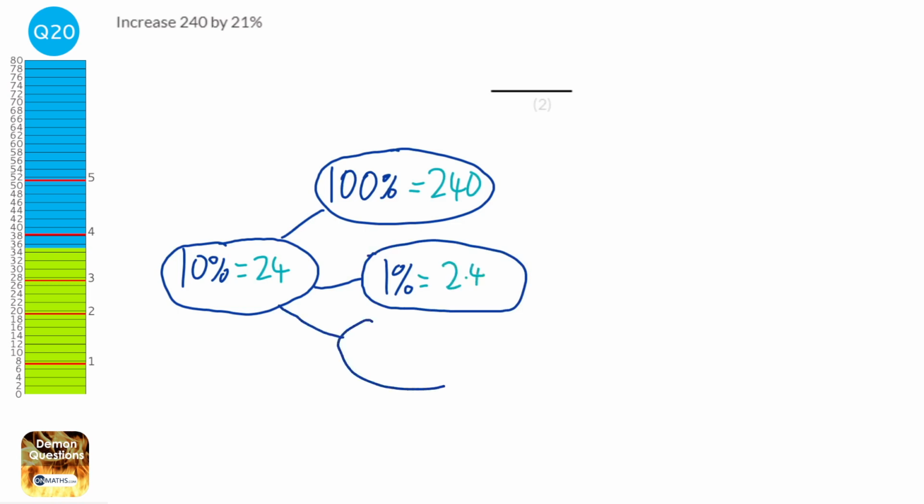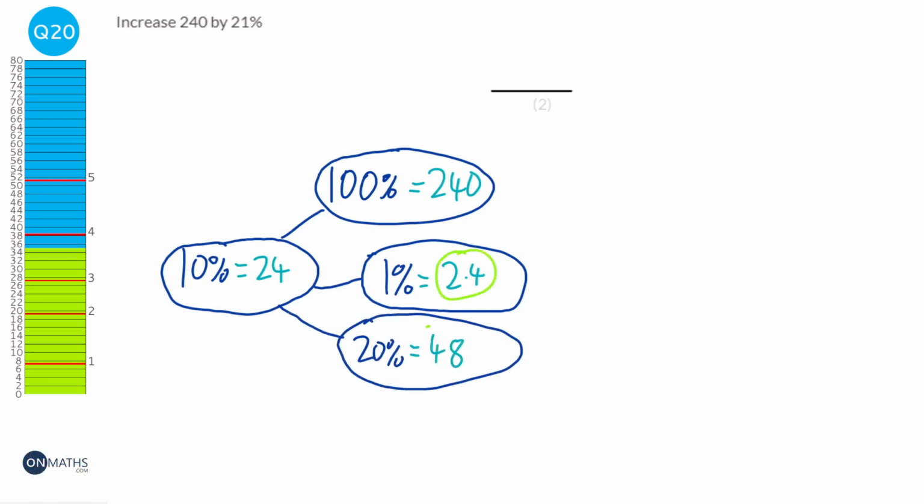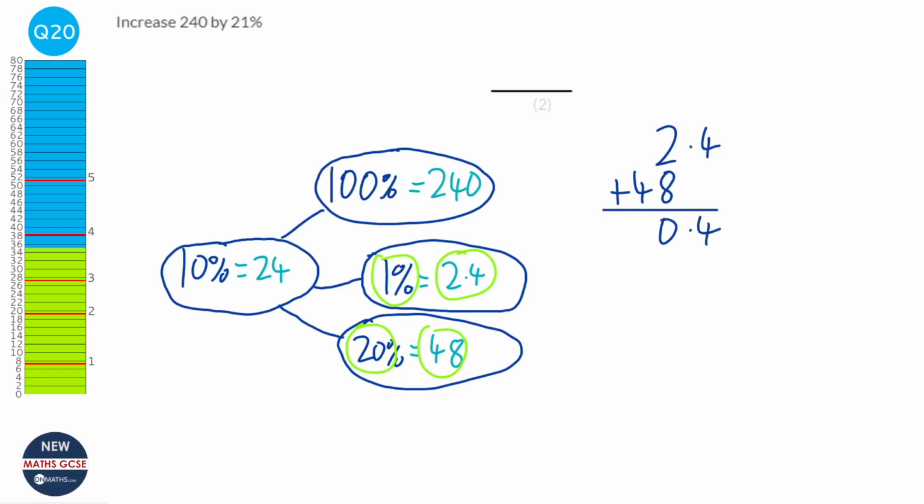And then we need to find out what 20% is. And 20%, we just double the 10%, so it'd be 48. And so 21% is this plus this, because 1 plus 20 is 21. So we add these together, so 2.4 plus 48. Probably don't need to do this formally. Probably do this in our heads. So 50.4, but it says to increase